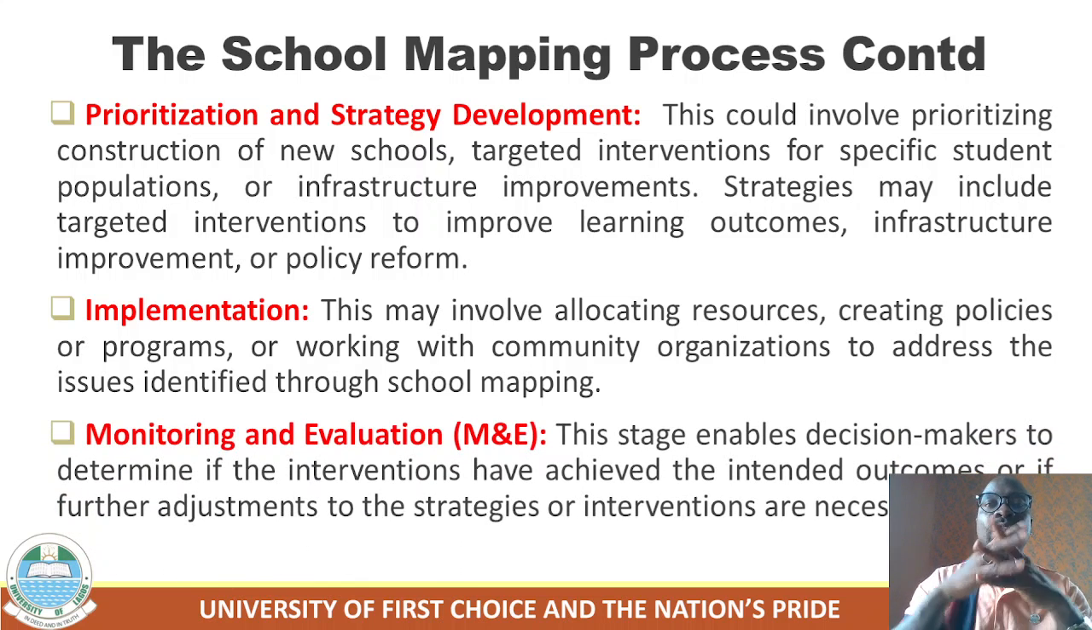So the last stage in the school mapping process is the stage of monitoring and evaluation, M&E. At that stage, the decision makers will be able to determine if the interventions have achieved the intended outcomes or not. And of course, if there is the need for further adjustments, if further adjustment to the existing strategies or interventions is necessary,